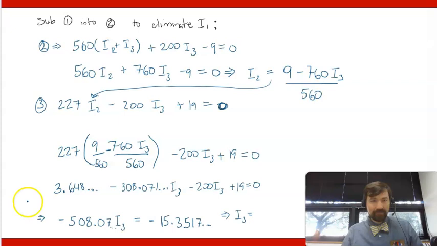So the basic process is that you multiply the 227 by 9 over 560, and then you multiply 227 by 760 over 560. You get these numbers. Then you also have to subtract the 200 I3 from this I3. You've got to add the 19 to basically this number over here. And then what you end up getting is